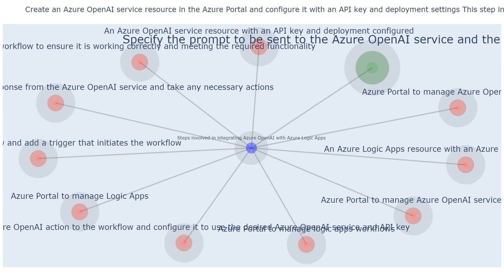Provide the prompt you want to send to the Azure OpenAI service and specify the desired Azure OpenAI model. This step involves specifying the prompt that you want to send to the Azure OpenAI service. This prompt will be the input to the Azure OpenAI model. You will also need to specify the Azure OpenAI model that you want to use for processing your prompt. For example, you could use the Text DaVinci 003 model for text generation or the Code DaVinci 002 model for code